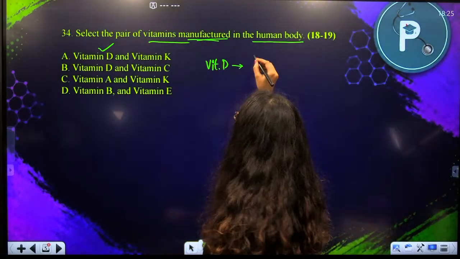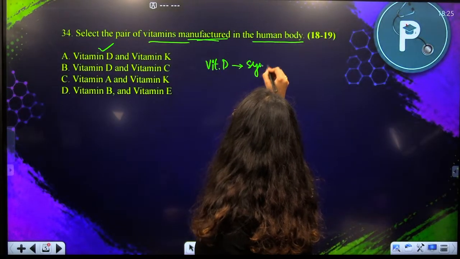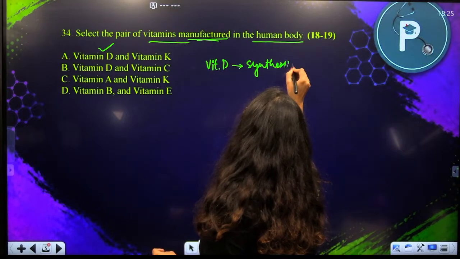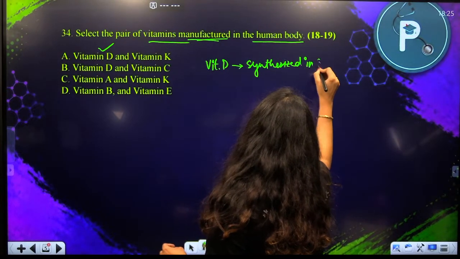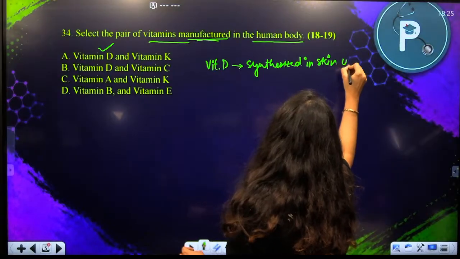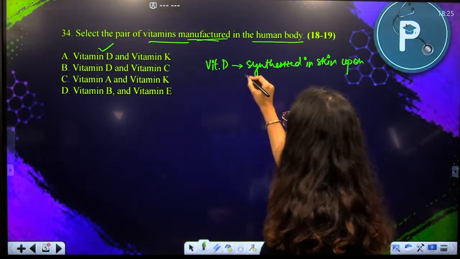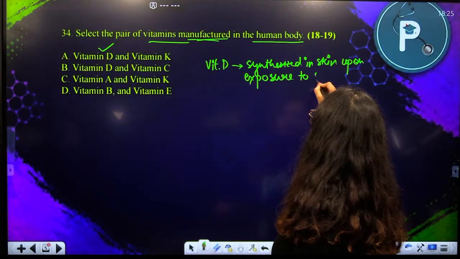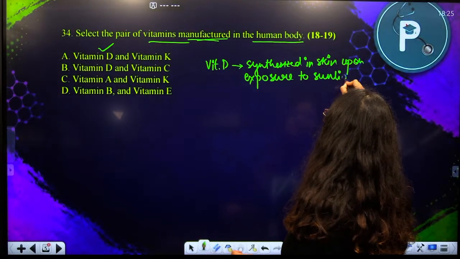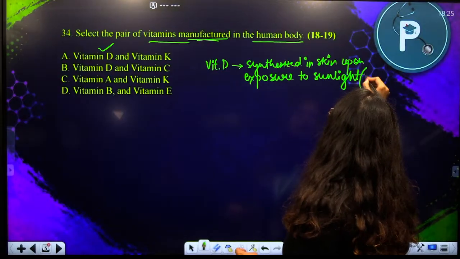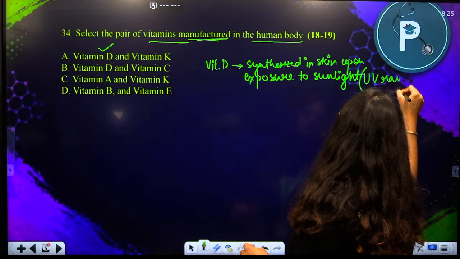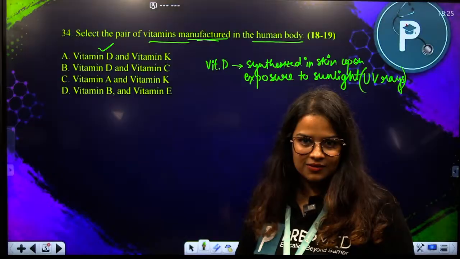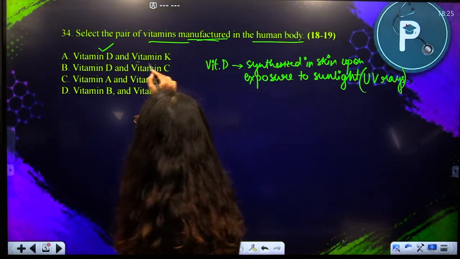So we can simply write here that they are synthesized in skin upon exposure to sunlight. Or here we can just simply write sunlight means UV rays. Of course, the sunlight would carry the UV rays. Moving on to the K now. K, yes,